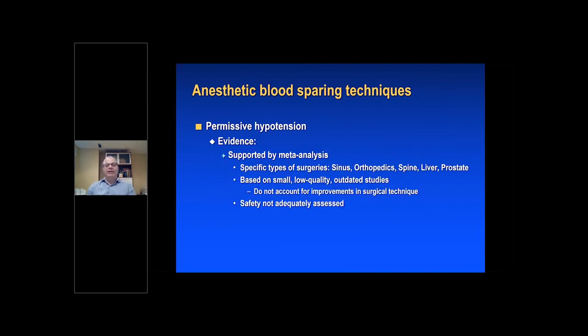What is the evidence that permissive hypotension actually works? Well, there is a fair amount of studies done, and it is supported by meta-analysis that in specific types of surgeries, and I've listed some of them here, it seems to reduce bleeding. But the studies, the meta-analysis, are based on small, low quality and outdated studies. And by that, I mean,